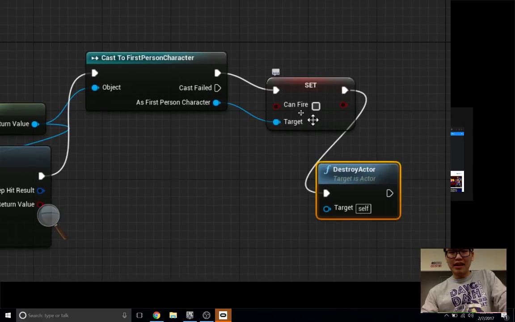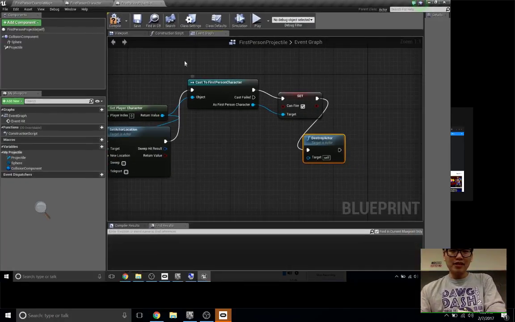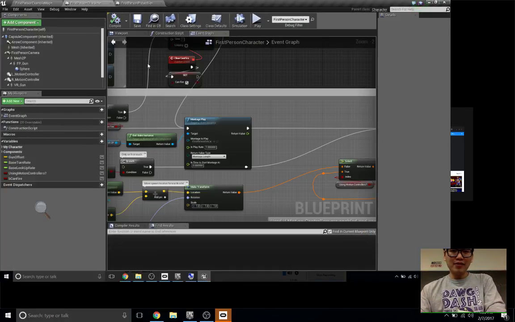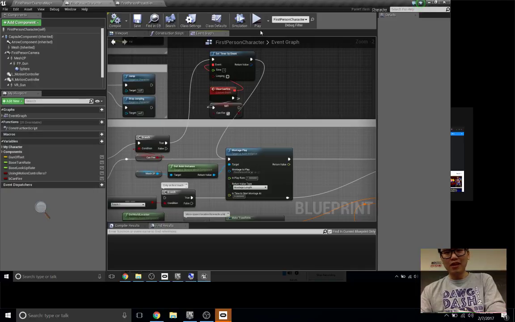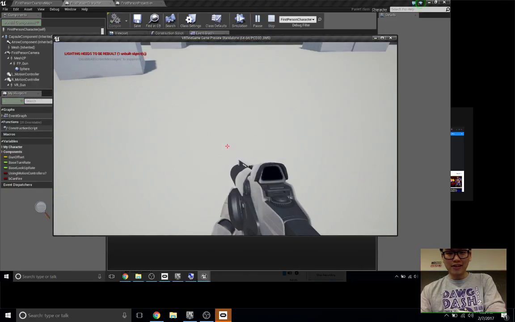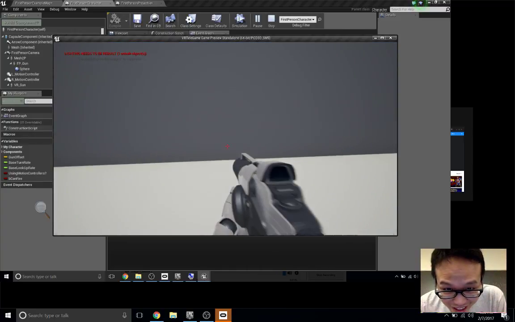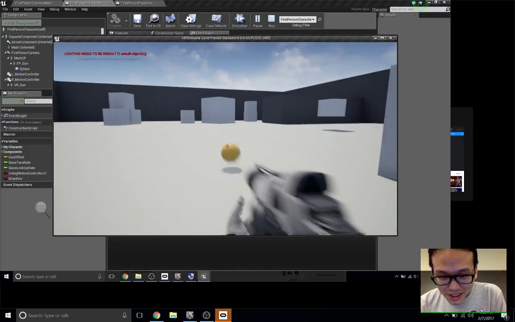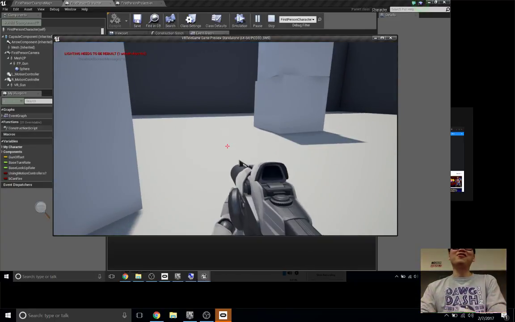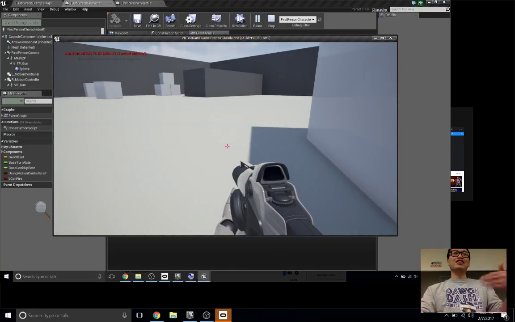So if I do something like that, then I can clear can fire like this. Basically, what I did was instead of using a timer, it will clear fire when I hit the ground. So I can shoot multiple times because it clears so fast, because it clears every time I hit the ground.